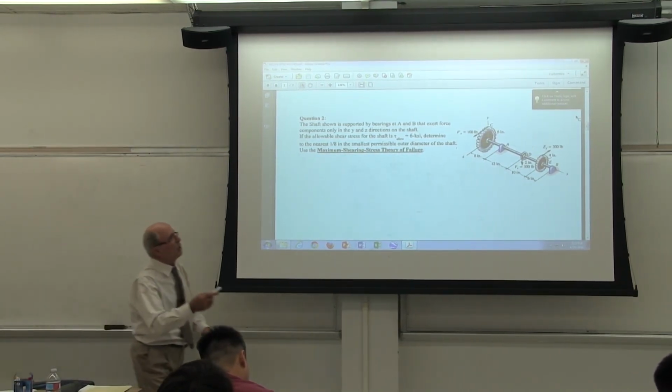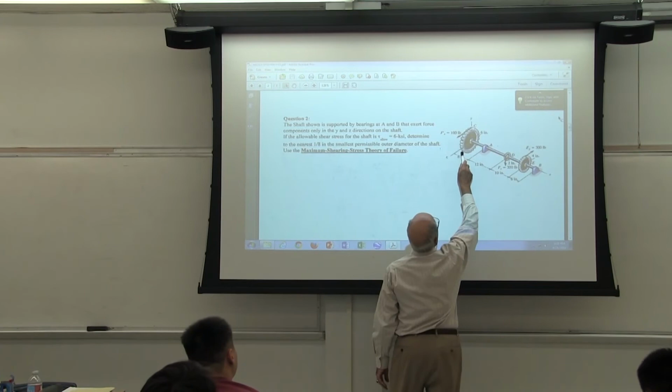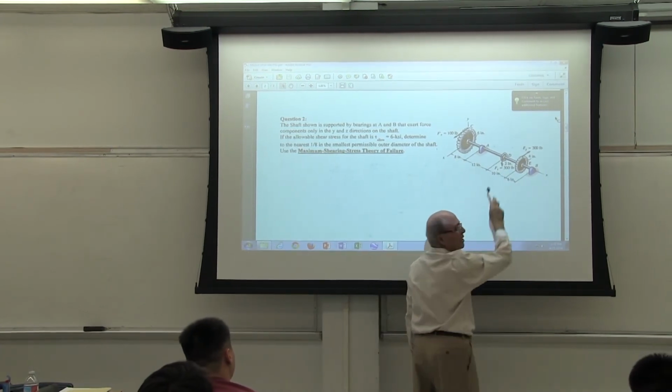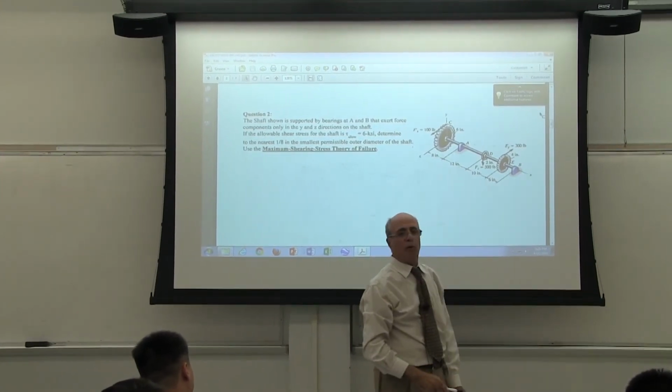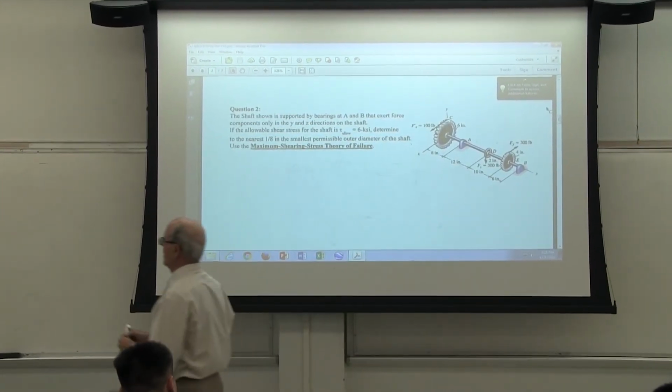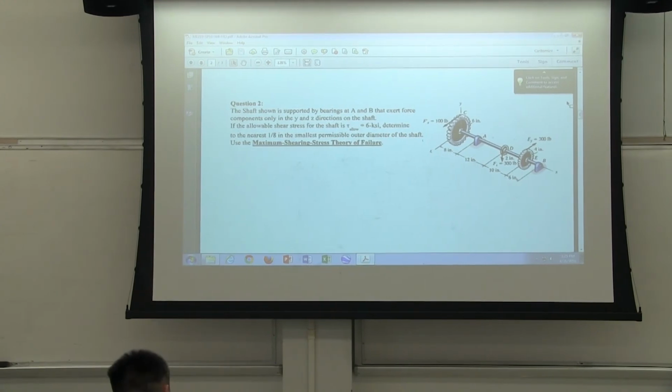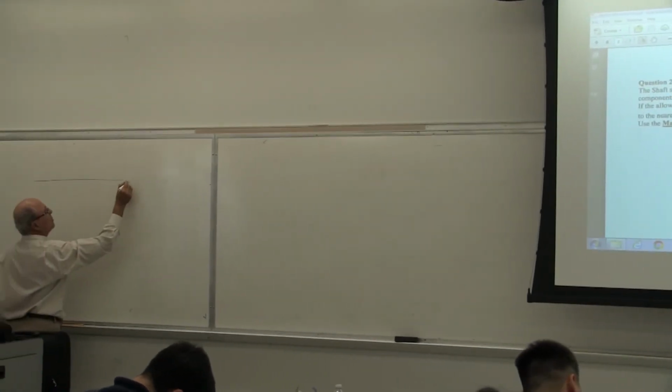Fine. So notice that that one is very simple. I'm going to bypass that check. This is 100 times 6. This is 300 times 2. And this is, of course, 300 times 4, which is 1200, 600, 600. So your torque diagram, I put it here. This is the free body diagram.